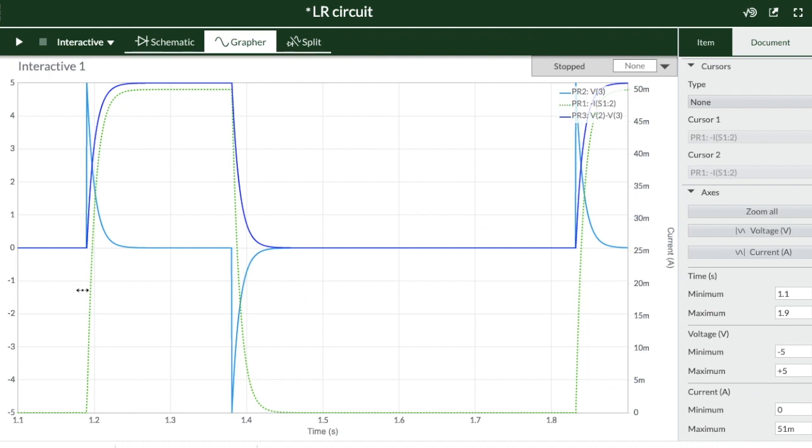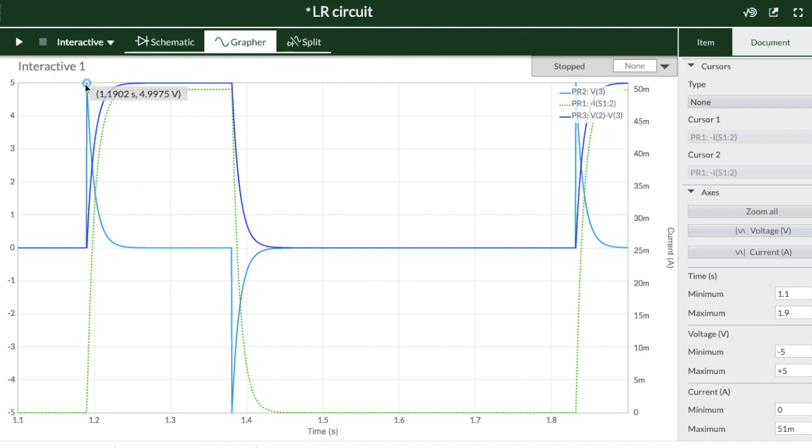Here we can see that initially when the potential difference across resistance is 0, current in the circuit is also 0, and now at the time when we shifted the switch from ground to the power supply terminal, all of a sudden back EMF is developed across the inductor, that is equal to 5 volts.